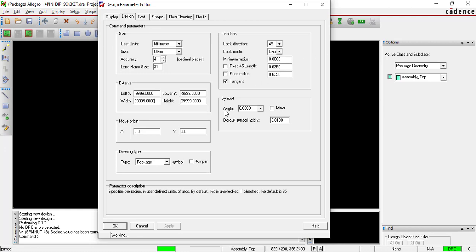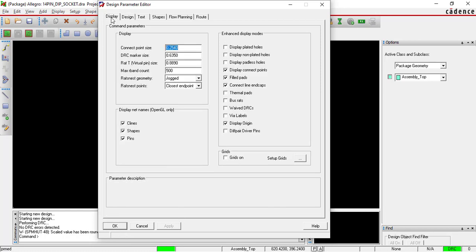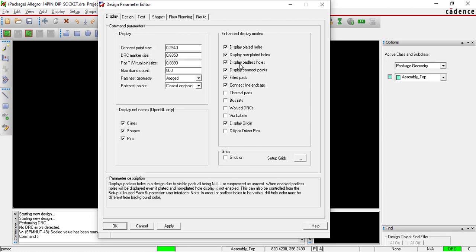Now we go to the display. Here we select display plated pad holes, display non-plated holes, display padless holes, display contact points, fill the points, and collect the lines and end caps.